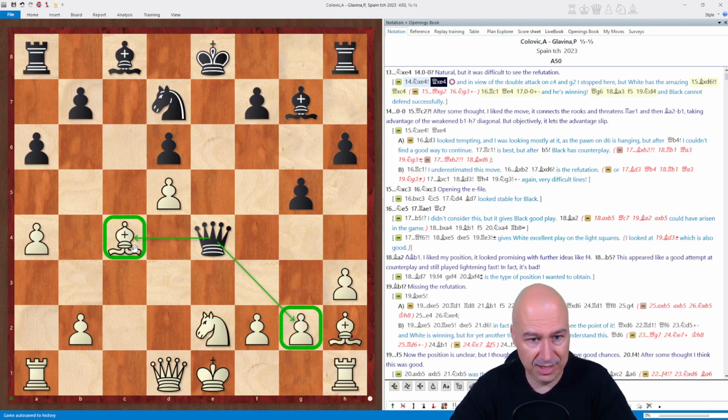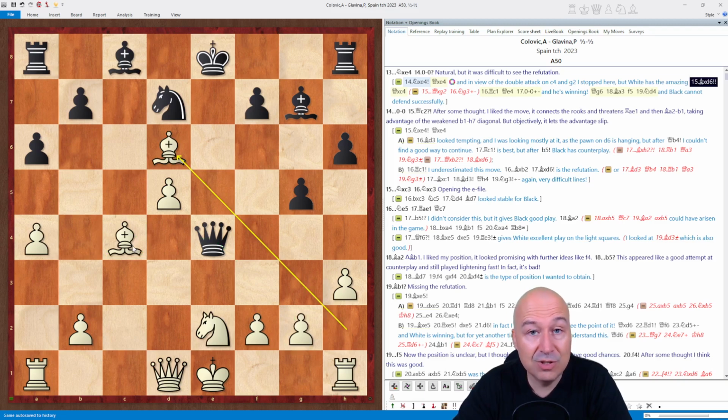This is what I concluded with this line. And then I just went with short castle, which is a normal, natural move, getting the king out of the center, out of the e file, and so on. However, had I been hinted, maybe I would have considered continuing the line here with the move bishop d6, which somehow passed through my mind, but on some semi-conscious level, because I said, okay, but bishop d6, it was some